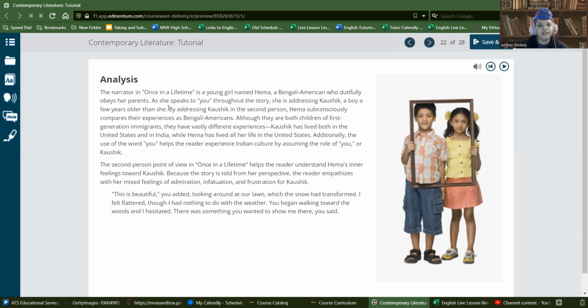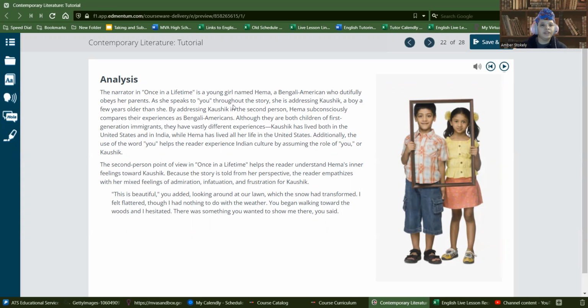And then they explain that by addressing Kaushik in the second person, Hema subconsciously compares their experiences as Bengali Americans. The way the story is written gives you an intimate sense of who Hema is, because she's addressing you in the story. So the story is written as if you are Kaushik, and you get to know what her thoughts are